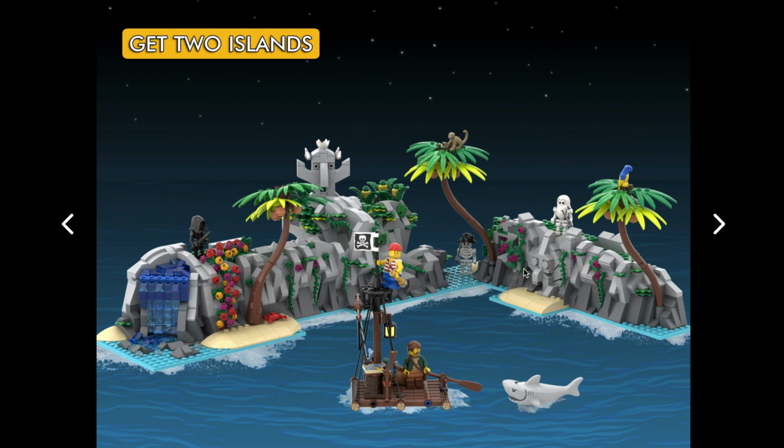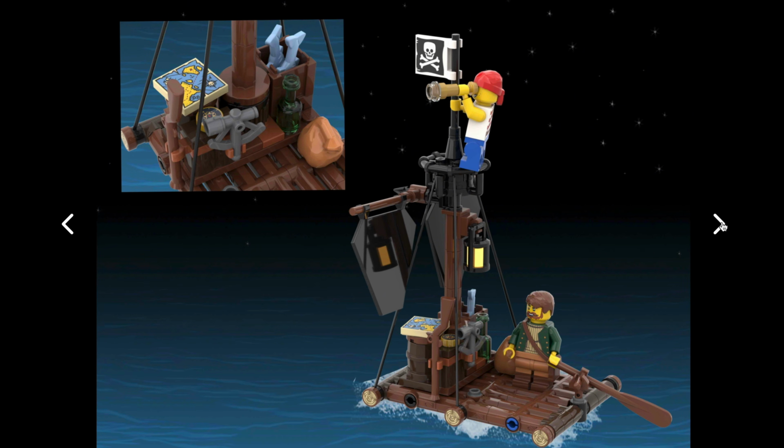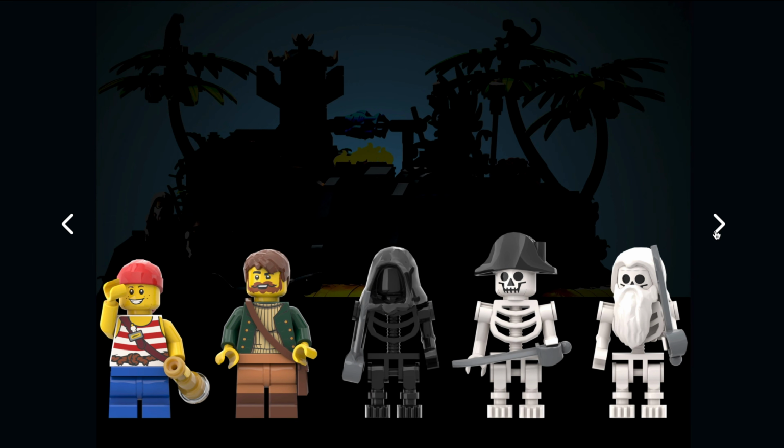However, that's not a bad thing because it's still pretty wonderful looking, but in a classic way. It is very much like those earlier pirate sets. The aesthetics are really nice, but they're done as simply as they need to be. There's no over-engineering here. It's just having a good-looking set that you can really get in and have fun with. Now, it's not going to look out of place, I don't feel, in a setup next to some of those